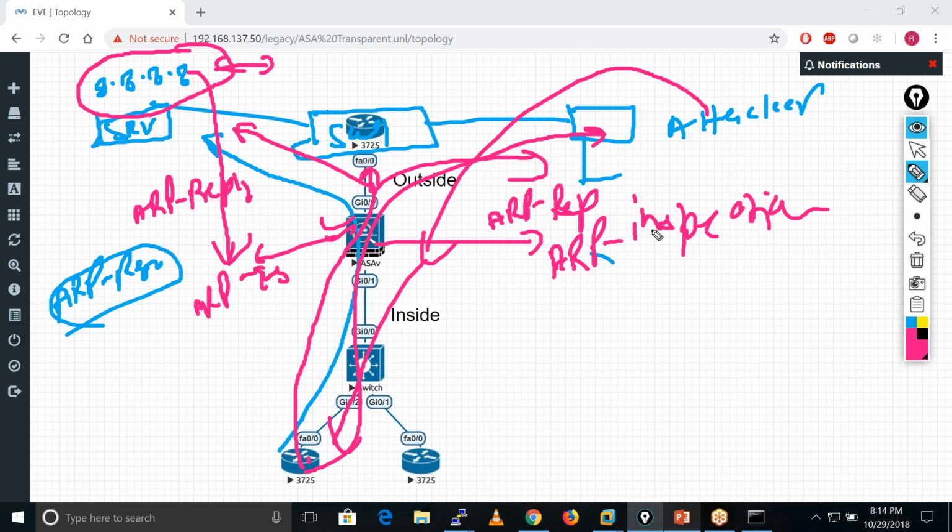When it gets the reply from the attacker, it matches the IP address and the MAC address, and finds a different MAC address, because two devices cannot have the same MAC address, you know that, right? So now it has to drop this ARP reply at this place only. Only the actual ARP reply is allowed, not any bad or bogus ARP reply.